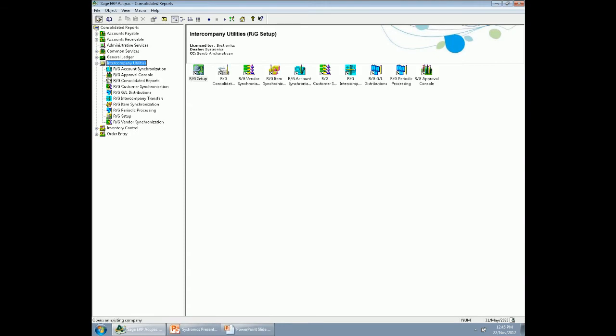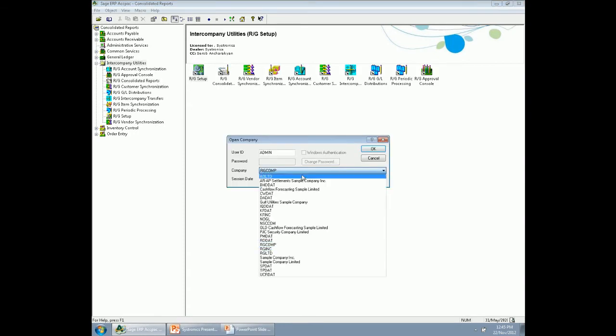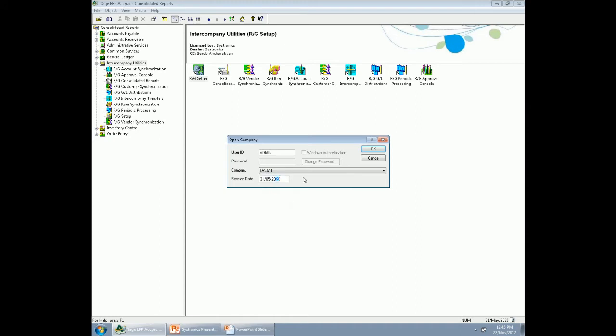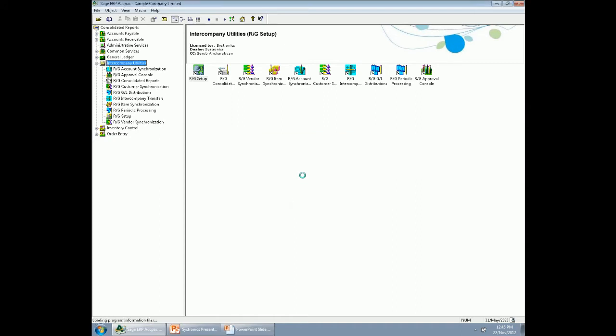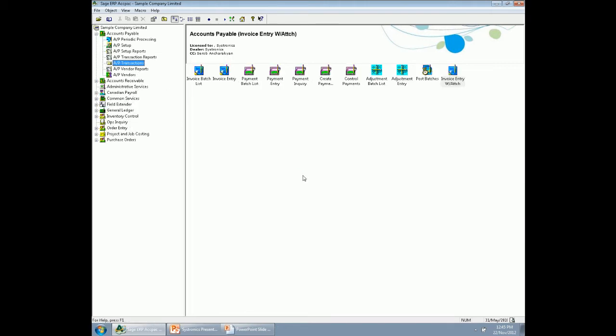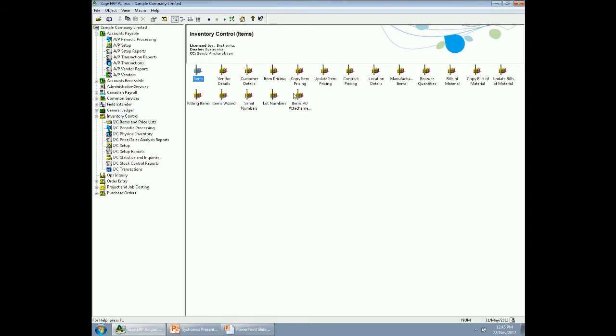So let me log into that company. Okay, let's start with the IC item template. What I have done, I have added a shortcut to that applet on my desktop. Now I have items here and items with attachment. This is just the naming I have given to my applet, so it will be easier for the user. When I double click on this,